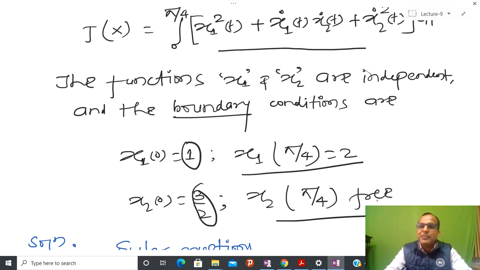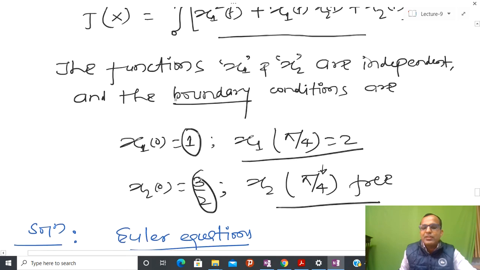So due to that reason, if you know the generalized boundary condition in terms of delta xf or delta tf, then particularly you have to separate those kinds of terms which contain the x2. And since at pi/4, tf is specified to us, that is pi/4, but delta x2 at pi/4 is basically free, due to that reason you have to set the coefficient that is multiplied with this term equal to 0, and in that way I can generate the boundary condition. So let us try to see how to solve it.